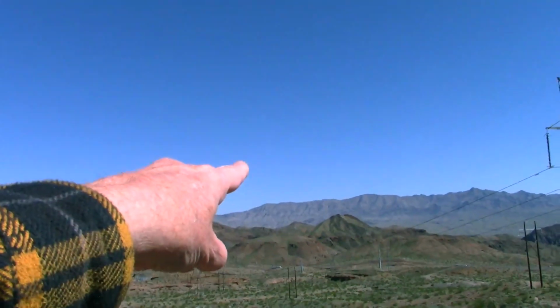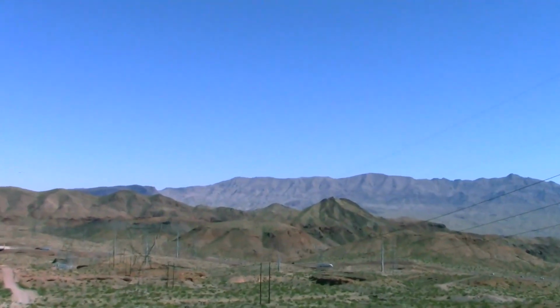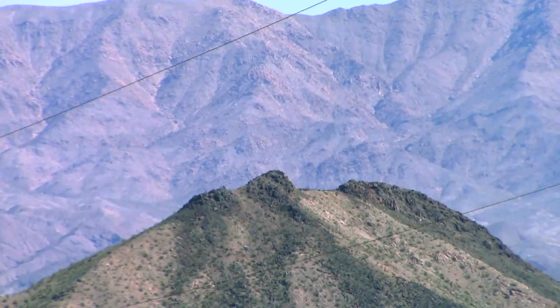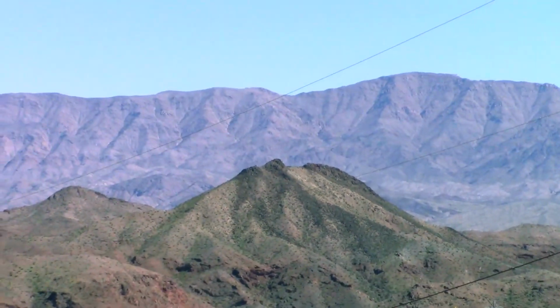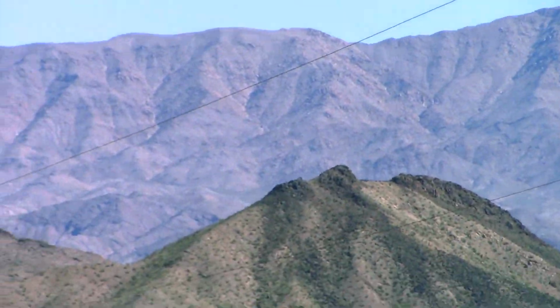Today I hope to get to the top of that control tower, where the Indians had their leader flag which way the sheep were. And that's basalt on top of